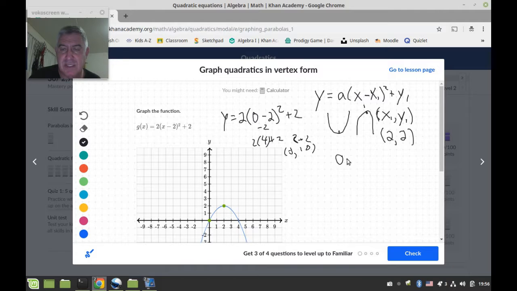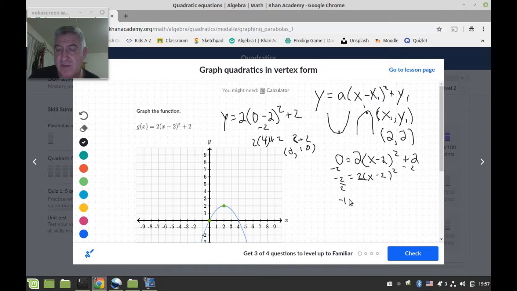So I'm going to set 0 equal to 2 times x minus 2 squared plus 2. So I'm going to subtract 2 from both sides. And I'm going to get negative 2 is equal to 2 times x minus 2 squared. I'm going to divide by 2 on both sides,